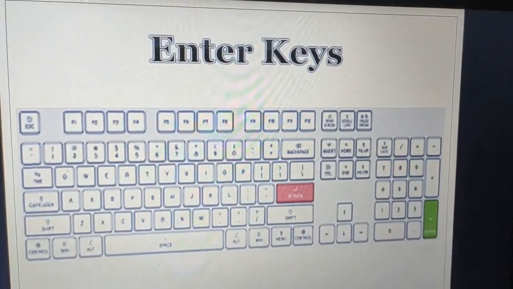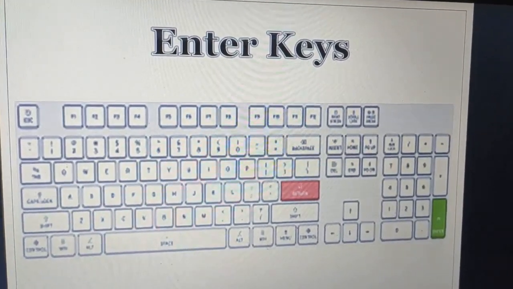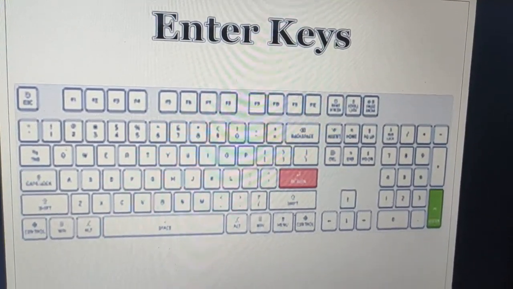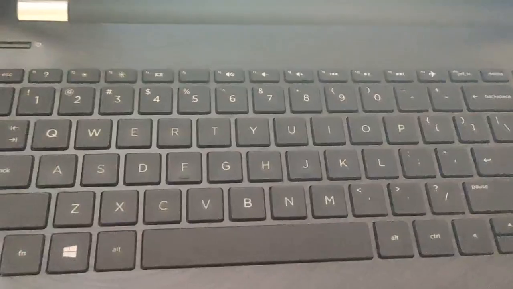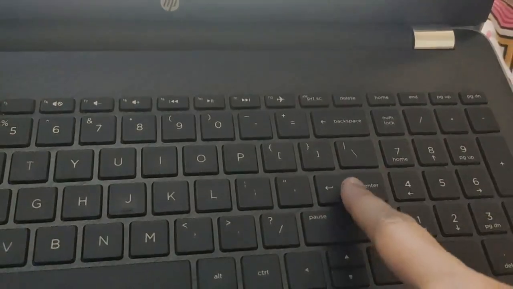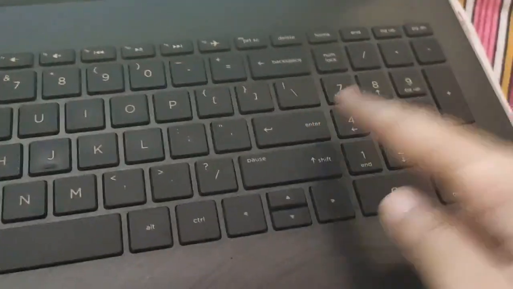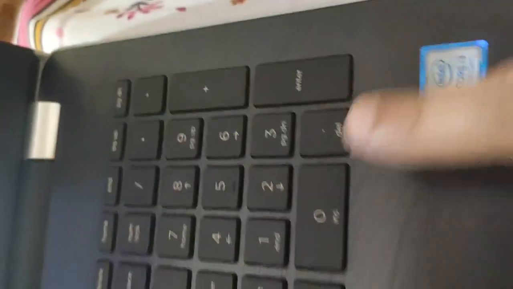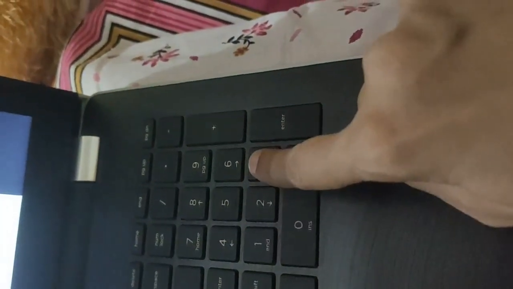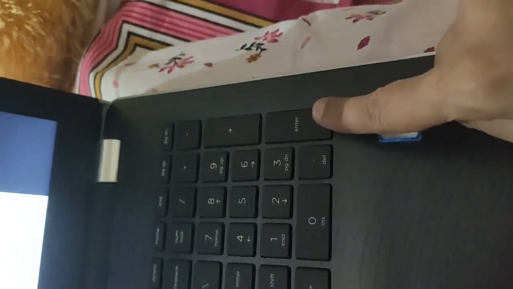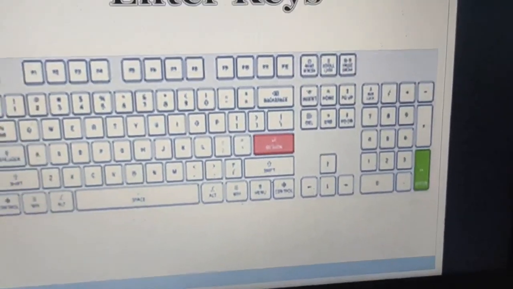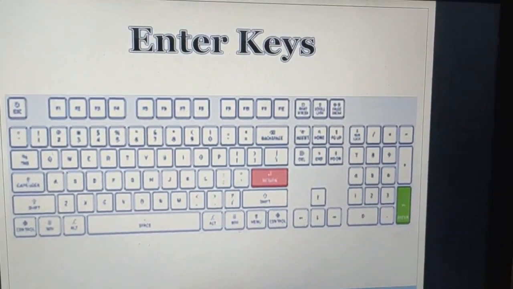The next type of keys are enter keys. Can you see children? Again at two different places you can find enter keys. Look in the keyboard. Yes, one is here. Can you see this? Yes, it's an enter key, and the second one is on the right hand side. Look over here. Yes, just where we had the number keys, in the right corner of it we have again the enter key. So there are two different enter keys present on the keyboard.